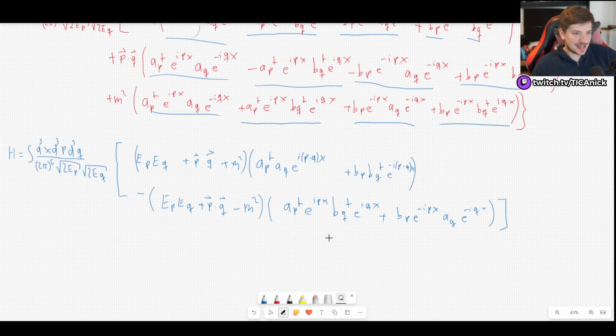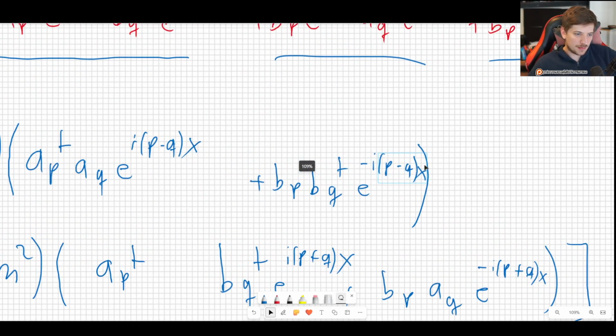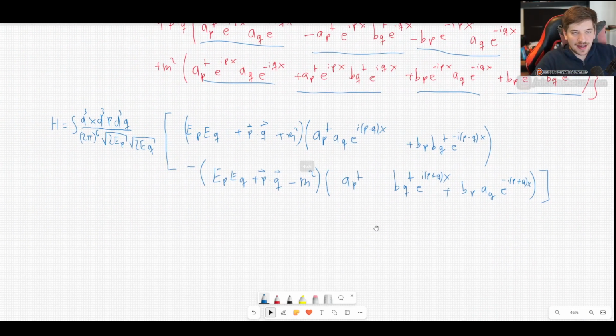Now down here, we can do the exact same thing, except that here we have e to the i plus. So this is e to the i(p plus q)x. And down here we have minus, so this would be e to the minus i(p plus q)x. Okay. And the reason why I wrote it with a minus outside, which may have seemed a bit unnatural here, for example, I guess I could fix the way my q is written so that it's easier to read: qx in parentheses. The reason why I did that is because we have a little thing,